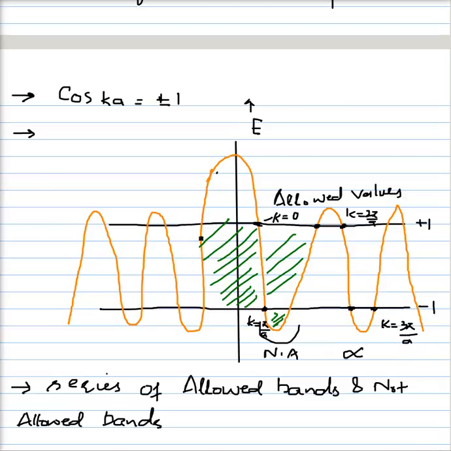And similarly along this side, this point corresponds to k equals to 0. These 2 points correspond to k equals to minus pi by a. That is these points. Then we have k